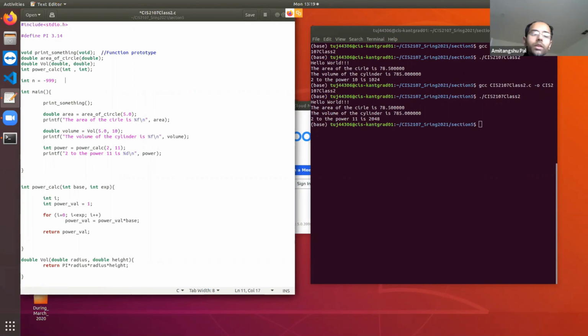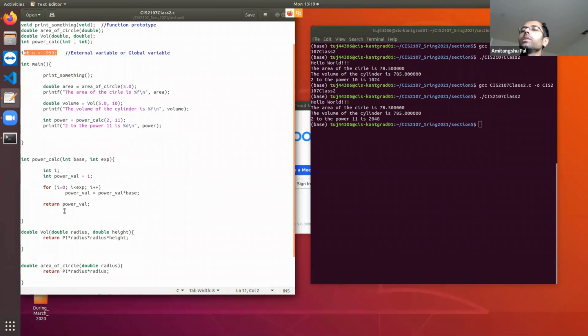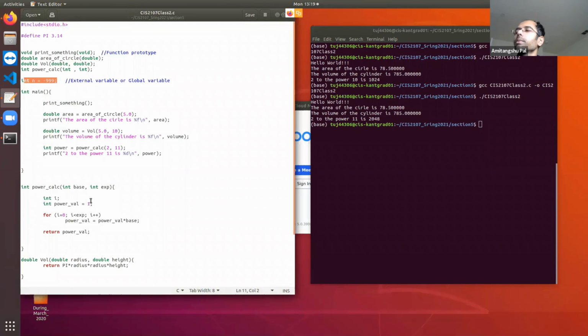This is called an external variable or global variable. It is an external variable because it is defined in an external space, or global because it is in a global space. So the value of n can be used anywhere, in any function inside this program.